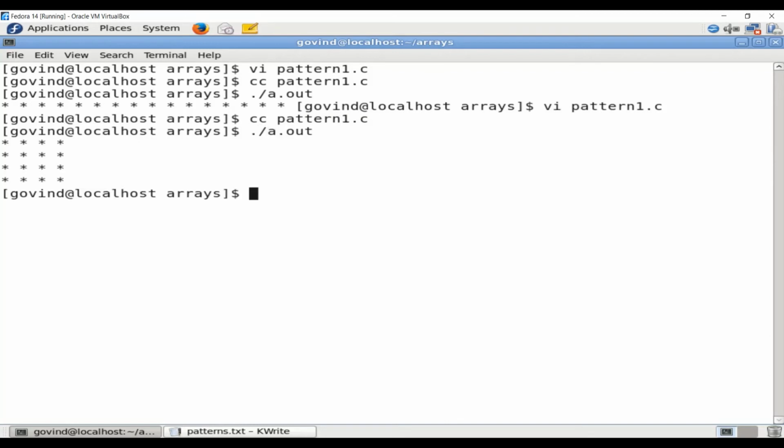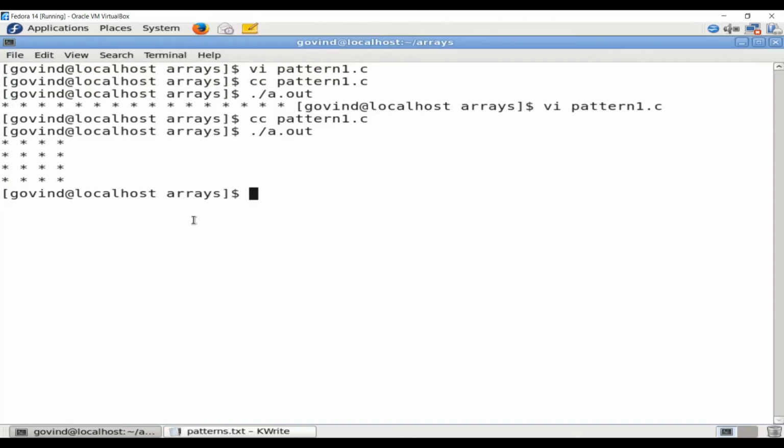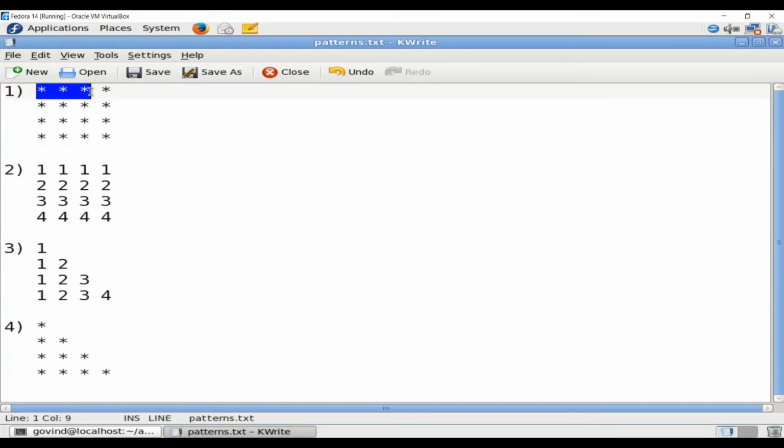As you can see here, this is the exact output that I was expecting. I hope now you understood how the nested loops work. This is a very trivial example, and it also proves that each set of 4 stars represents one full execution of the innermost loop, and there are such 4 successful executions of the innermost loop.